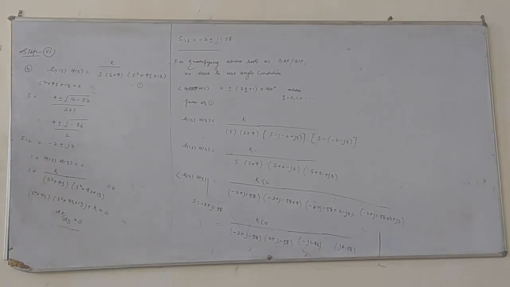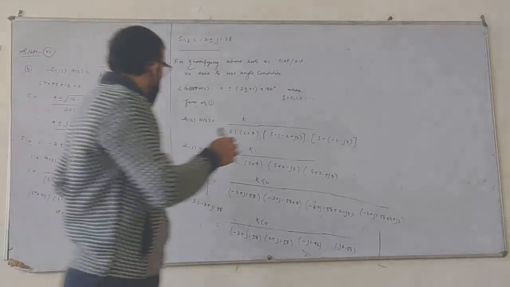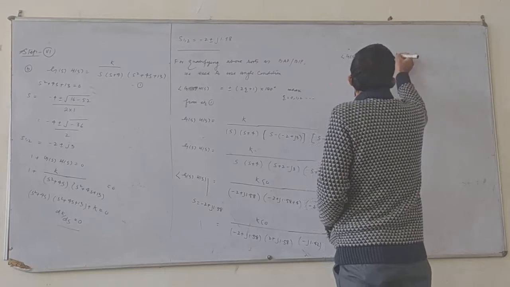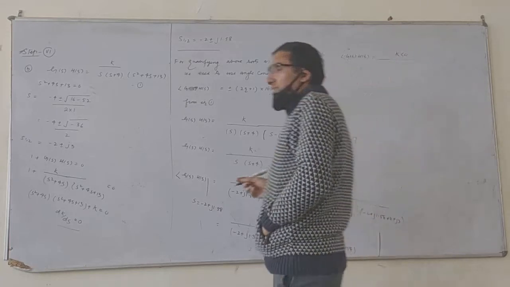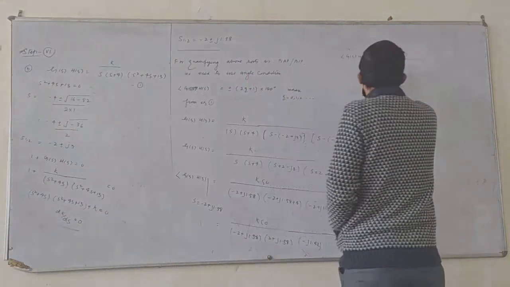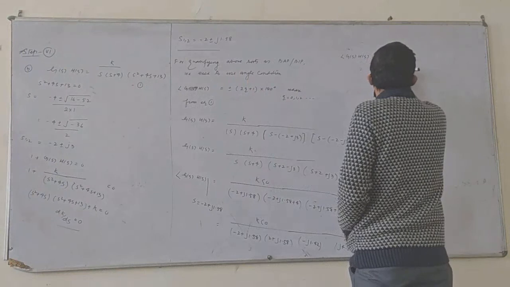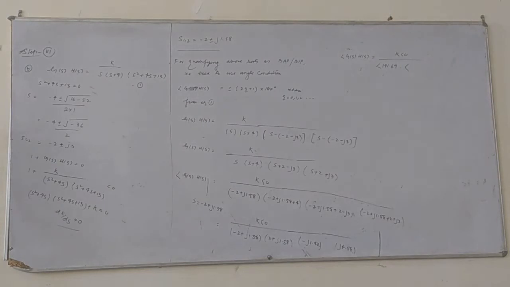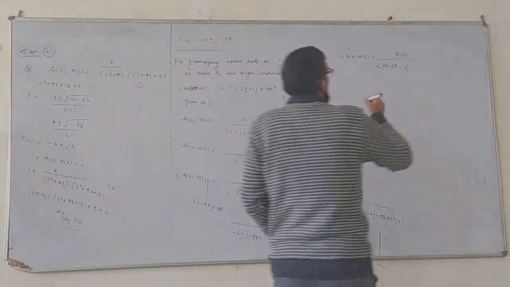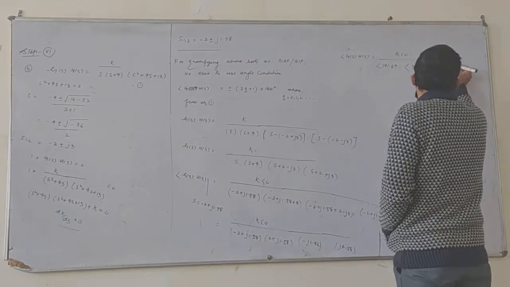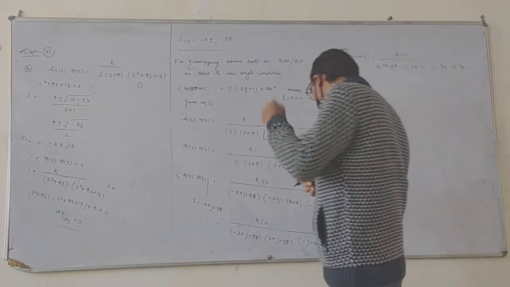If you change this into the polar form, I am not interested in the magnitudes, I am interested in the angles. The angle condition: G of S, H of S will be K at an angle of 0. The first angle will be 141.69, multiplied by the second angle, which will be 48.31 minus 19 minus 19 plus 9. This will be J only.